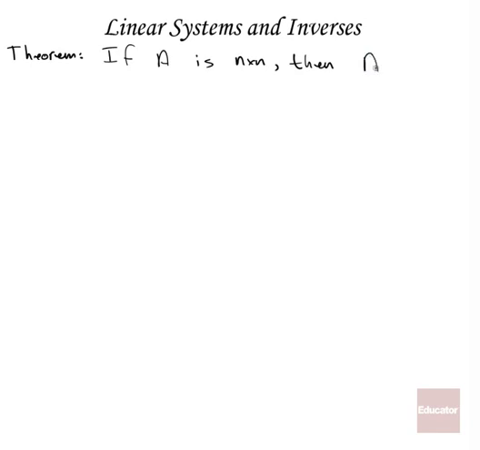Then the homogeneous system AX equals 0, and remember this is the zero vector, all the entries are zeros,